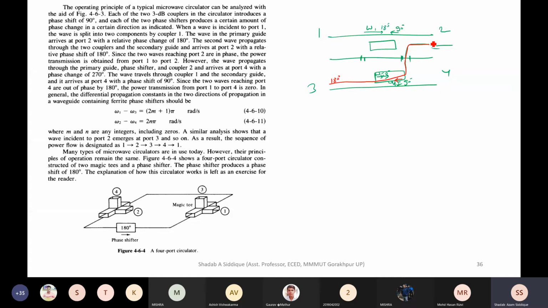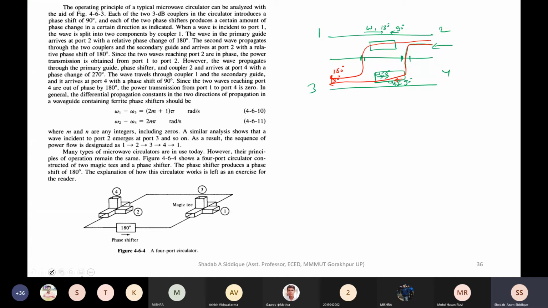Okay, now again, one of the waves is coming from this side and it is coming this way and to this point. So this is 90 degree in this backward direction, and 90 degree from this one. So 90 plus 90 we get 180 degree. I hope you understand this. So these two will give you 180 degree. They are in same phase.